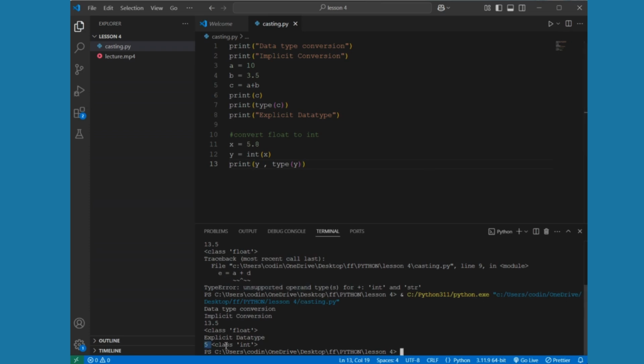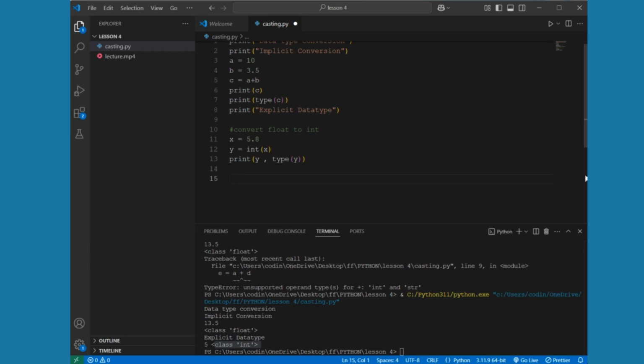Okay, they said 5 is the value. As I told you, it will convert from 5.8 to 5. And they said this is class integer. Next one, we are going to learn how we can convert